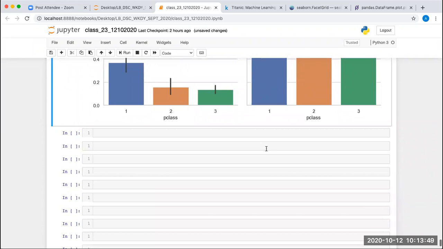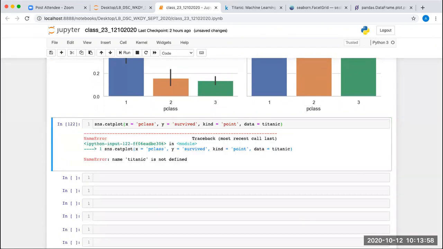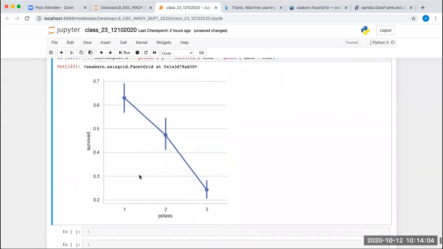Now, if you want to see the same categorical plot using a point plot, we can use kind is equal to point. This will also show the titanic data, the same percentage in the different classes. So in the first class the percentage is around 70%, for the second class around 55, and for the third class it is less.